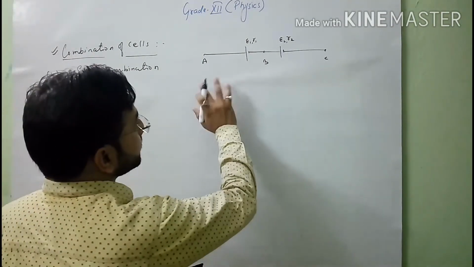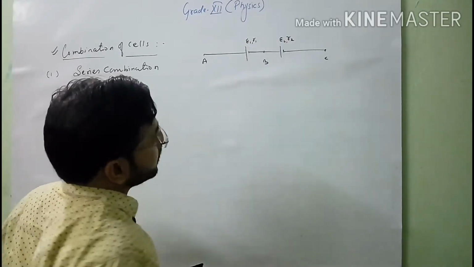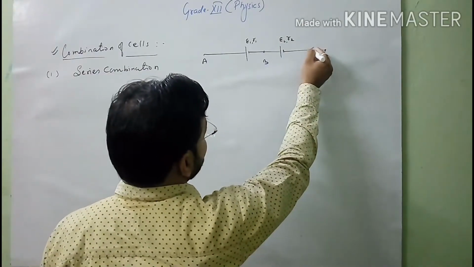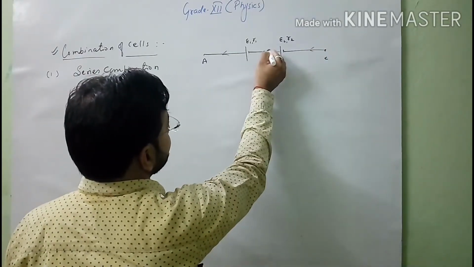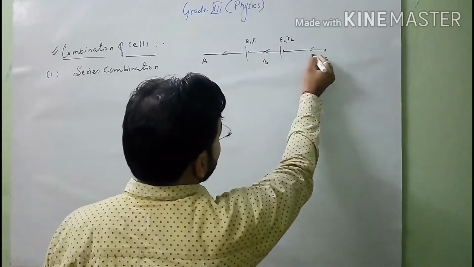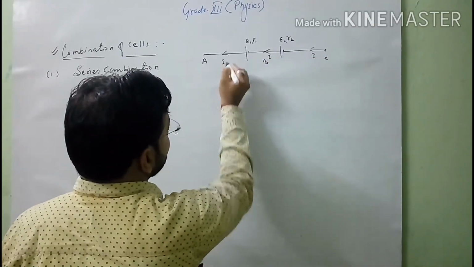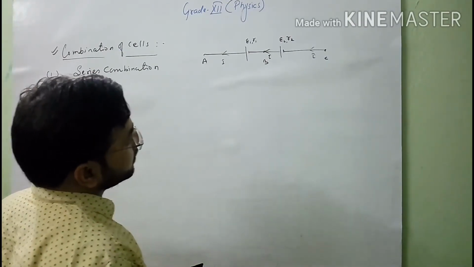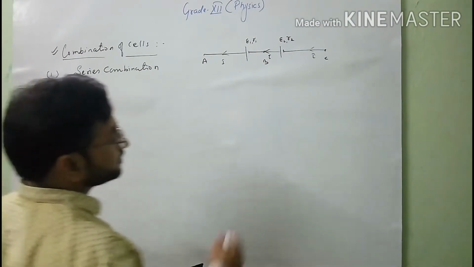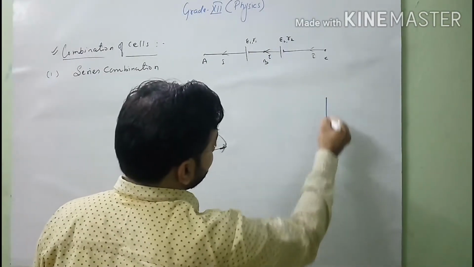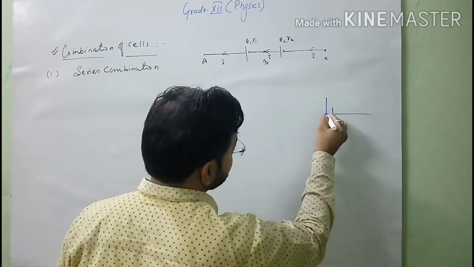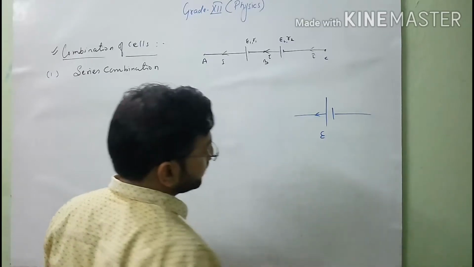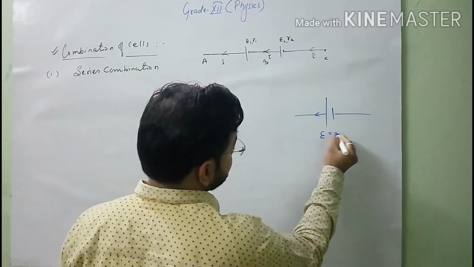So first I am explaining series combination. As you are seeing, here we have two cells, epsilon 1 and epsilon 2 their EMFs, and R1, R2 their internal resistances, and suppose the current is flowing from this terminal to this terminal in this way. Point is clear, student? Let us suppose the current I is flowing from C to A. Now, how will we see it: when the current is leaving the positive terminal of the cell, at that time we will take EMF with a positive sign.